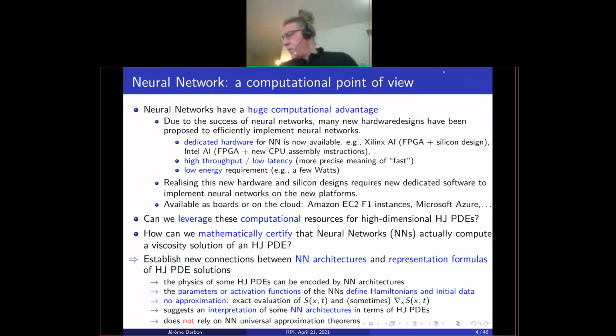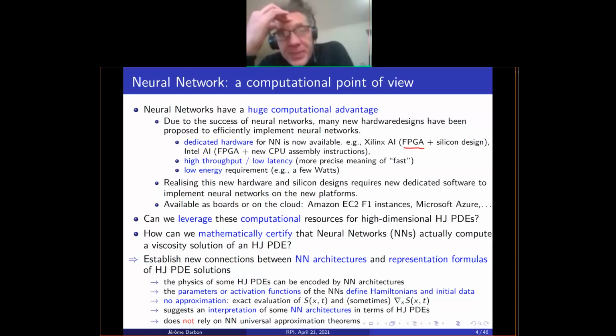The keyword here is FPGA. It's a new class of silicon designs that were originally proposed in the 80s, and now they are used more and more by big companies like Intel, AMD, Xilinx, and they provide new designs to efficiently implement neural networks